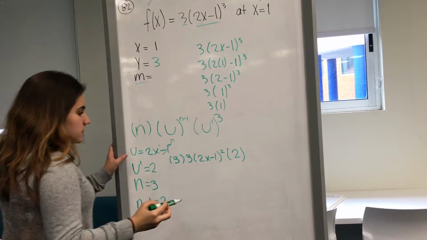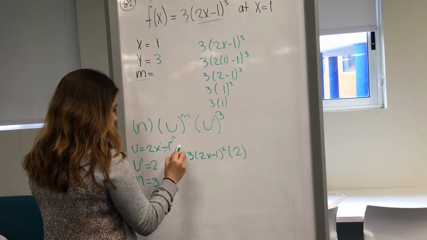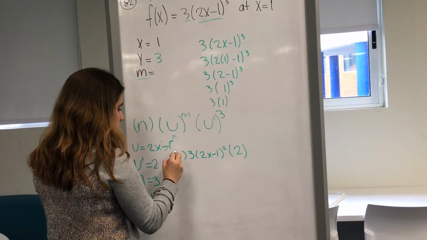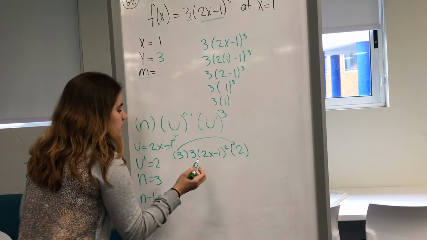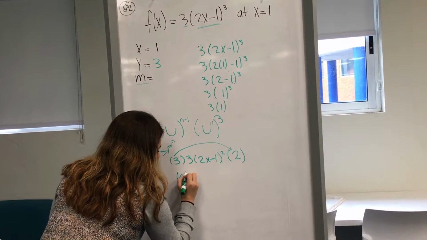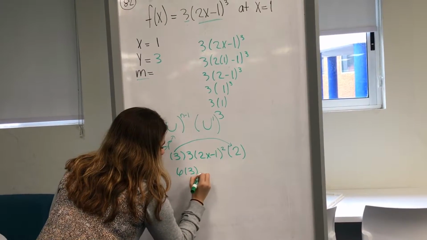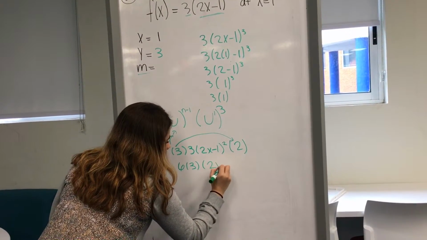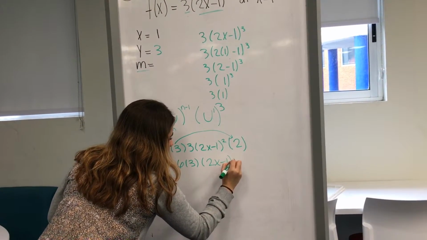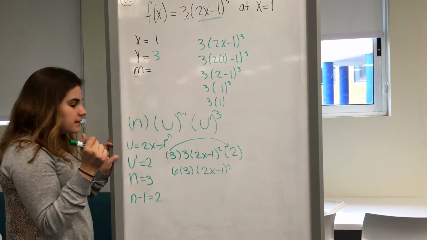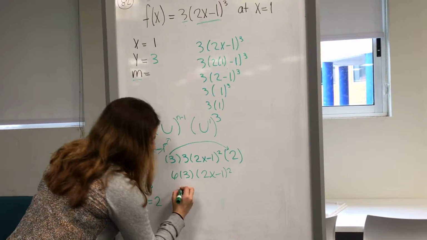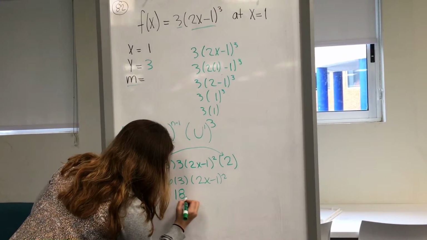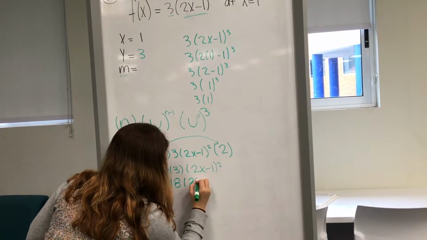The first thing you have to do is multiply this, which is the exponent, times u prime, and this gives you 6 times 3 times 2x minus 1 squared. Then the last step is to multiply 6 times 3, which is 18, and then you have your answer